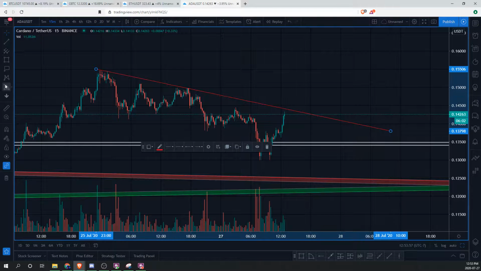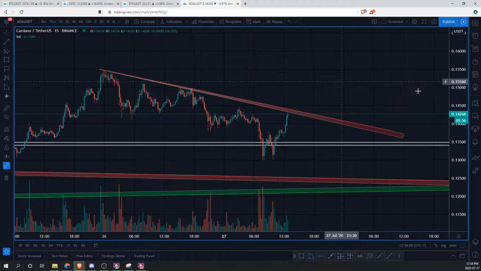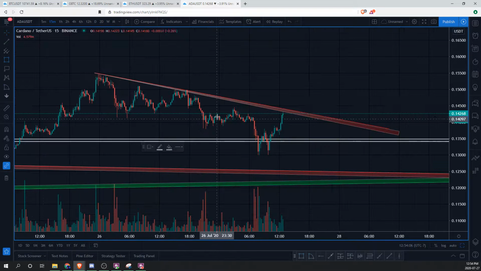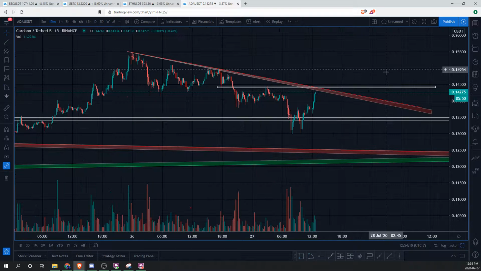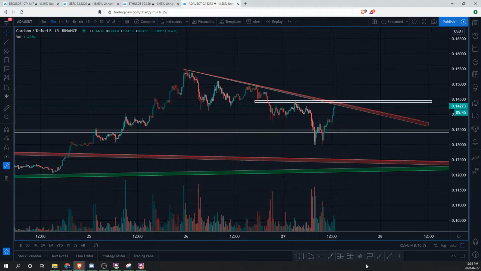So that's the zone I want to see break. We're already getting a little bit of hesitation here within that zone. So that's going to be the break right around there. But yeah, if we see a nice break and retest like this, I think we're able to get a really good solid. So if we go like that,